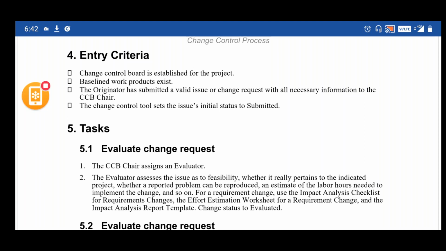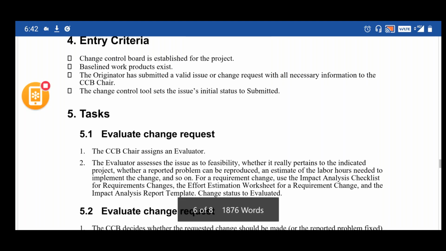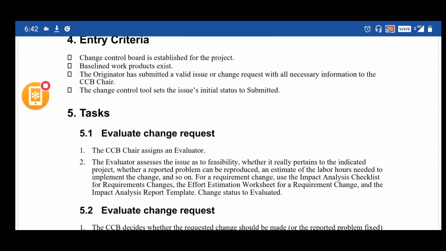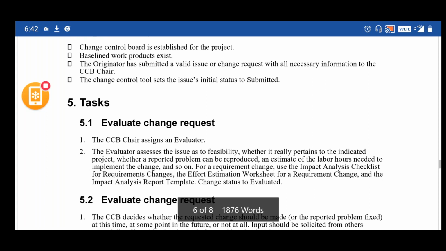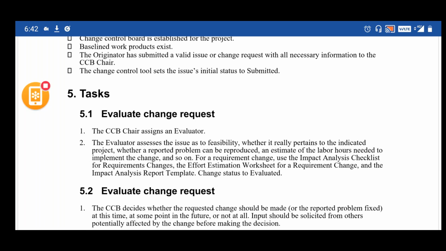The originator has submitted a valid issue or change request with all the necessary information to the CCB chairperson. The change control tool sets the issue's initial status to be the submitted status.